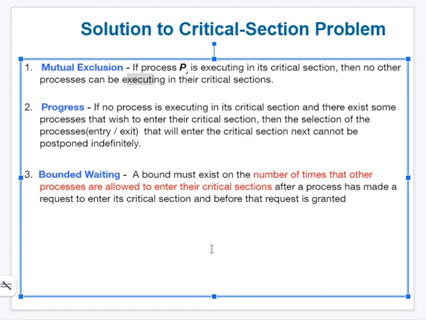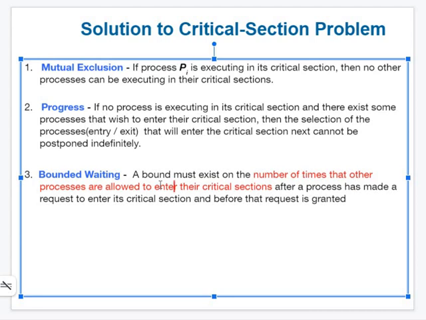Bounded waiting means how many times another process should wait, or is allowed to wait, to take the textbook. How much time are you giving? You have a textbook, some person will come and ask you, so you are going to give some time. Should that time be limited or infinite? When he asks, you will tell him, after 2 days I will give, after 3 days I will give. That is a limitation. You cannot say after 100 days, after 1 year or after 2 years I will give, because that is unlimited.